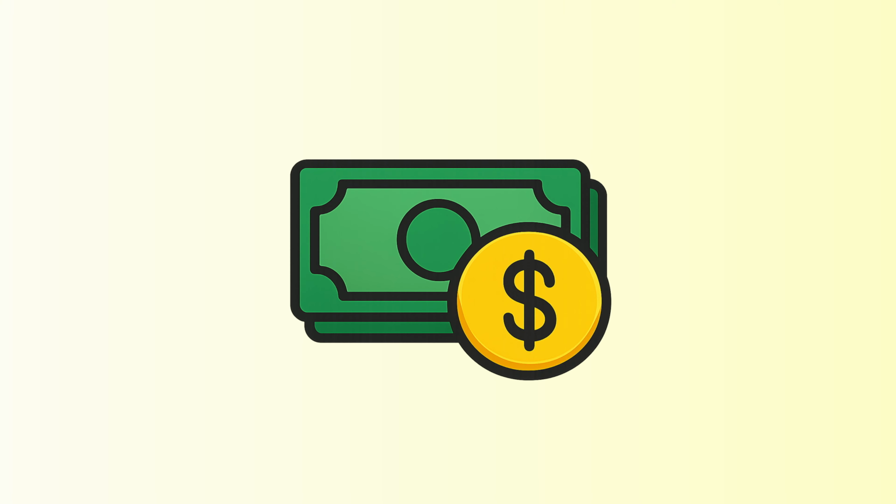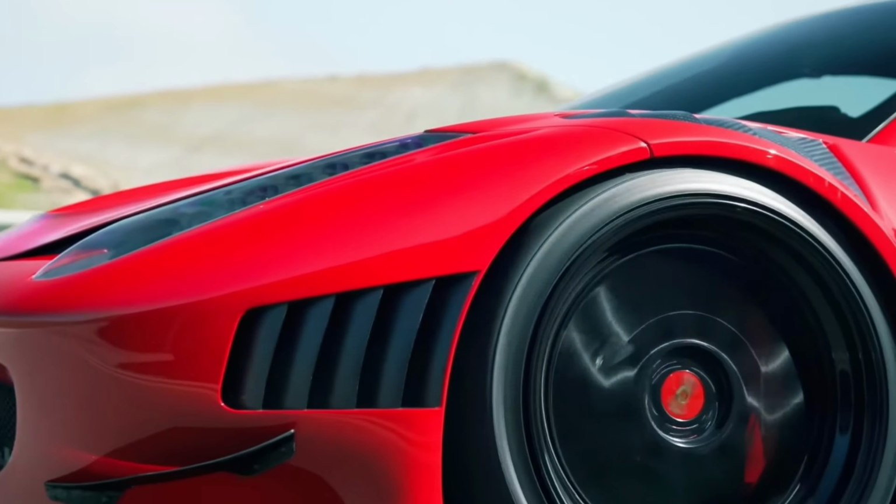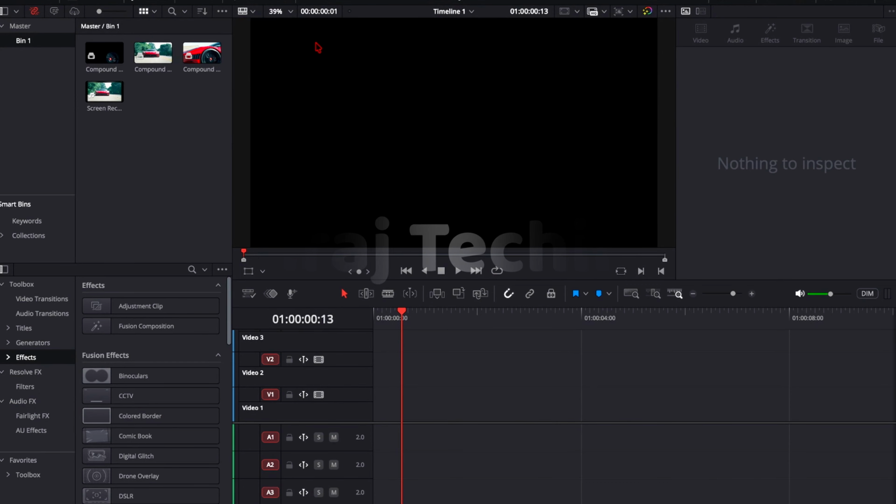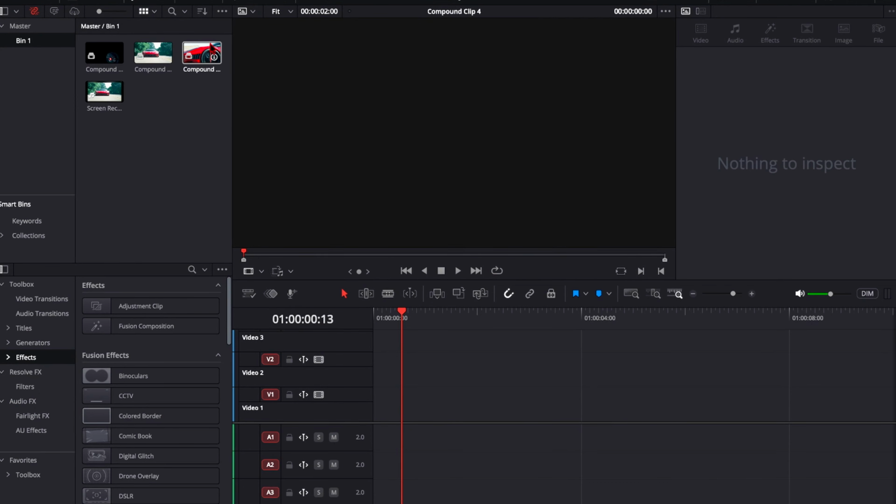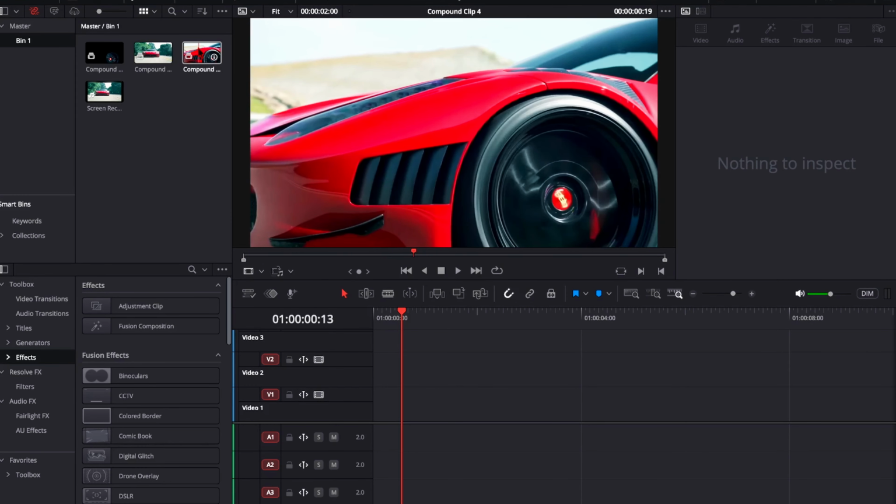Before you waste your money on transition packs, try out this mind-blowing transition, and it's also very easy to create. You can also create it in DaVinci Resolve. So let's hop in. We are in DaVinci Resolve and I have two clips, these footage,